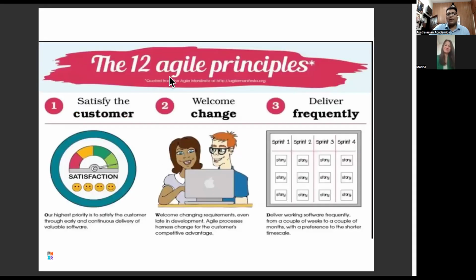So then again, on top of the manifesto, you've got 12 Agile principles. We'll get more into detail, but they're all based on those 4 manifesto rules, right? Customer satisfaction, change is welcome. You deliver in boxes or iterations, right? And deliver frequently, right?